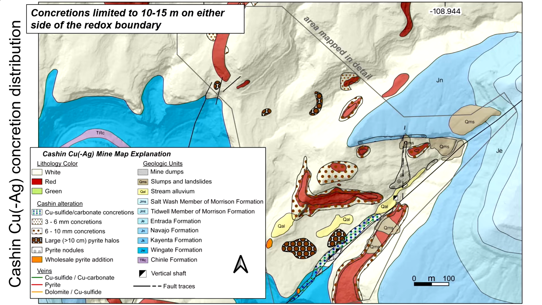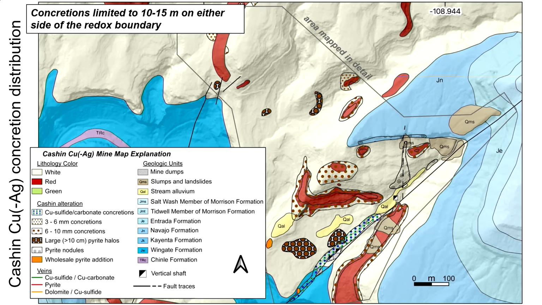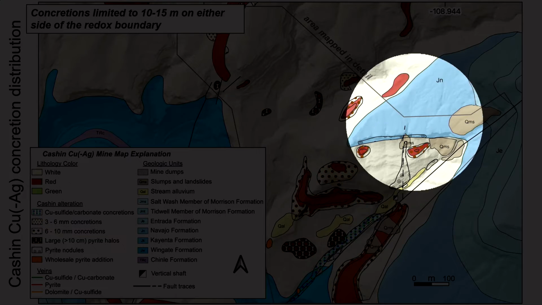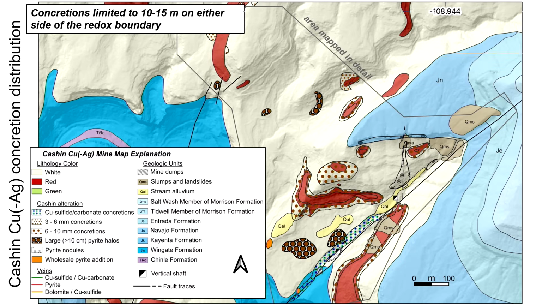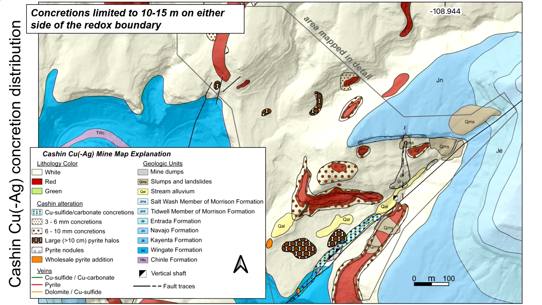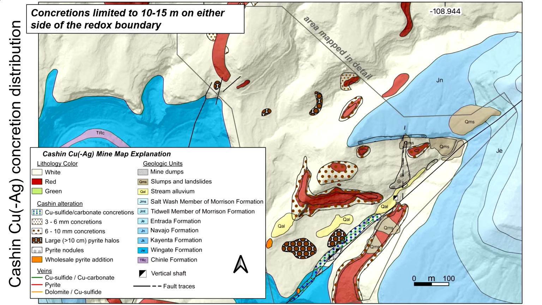So along those bleaching boundaries, shown here with these odd-shaped red polygons, there's an abundance, again, of these concretionary cement features that are hugging that redox boundary there. And again, those are made up of carbonate minerals. There's an abundance of copper sulfide concretions that are right along the fault, unsurprisingly. There's also wholesale addition of pyrite and other copper sulfides, as shown with these orange blobs as well. And then there's odd pyrite nodules that are shown with these large circular patterns in various positions throughout